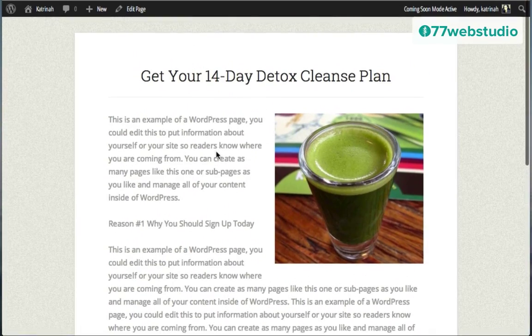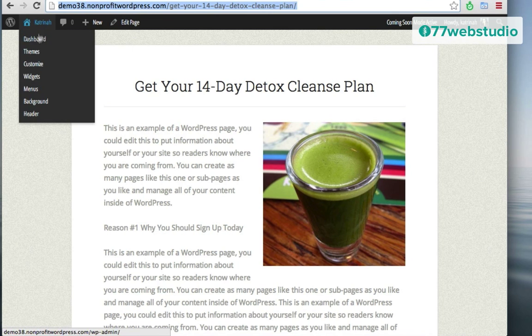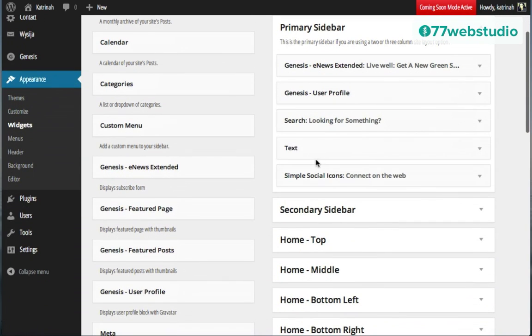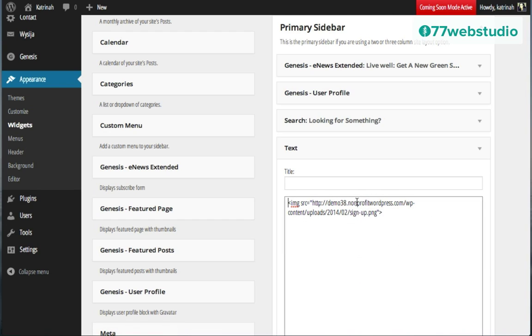Right now though, I just want to highlight the URL of this page and copy it, and then I want to go back to my widgets page by clicking on widgets. Here under primary sidebar, I want to click on that, and then I want to scroll down to the text placeholder here where that image was, and I need to add the link. This way, when anyone clicks on the image on the sidebar, they'll go directly to my offer on the landing page. So no worries if you can't read this. I'll be sure to drop this code in the video so you can see it a little better.